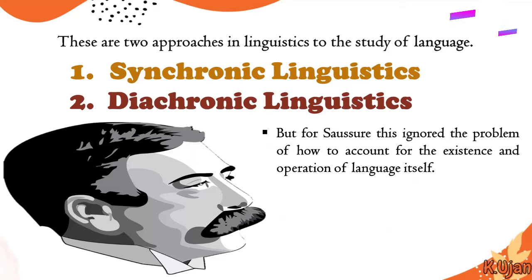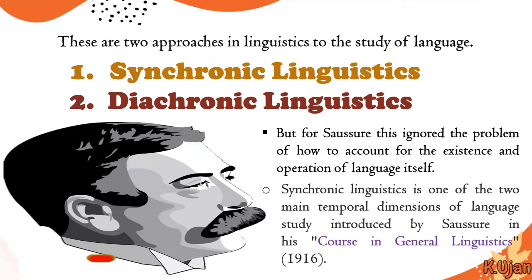Here is something more, but for Saussure, this ignored the problem of how to account for the existence and operation of language itself. यानी एक और बड़ा मसला कि भाई एग्जिस्टेंस जो लैंग्वेज की है इस वक्त, इसको ज़्यादातर फोकस नहीं किया जाता था. तो इन्होंने keeping in view this problem, actually, synchronic linguistics is one of the two main temporal dimensions of